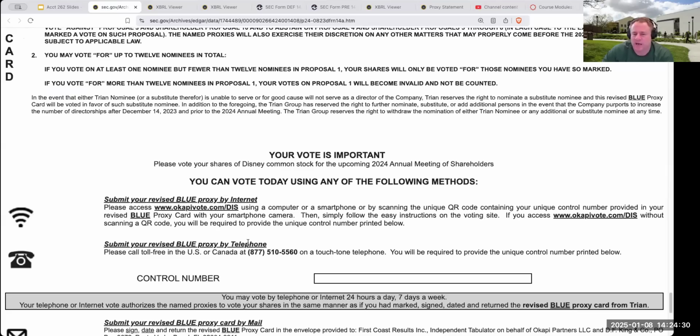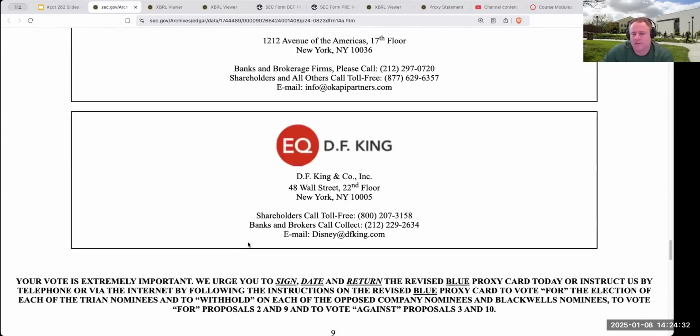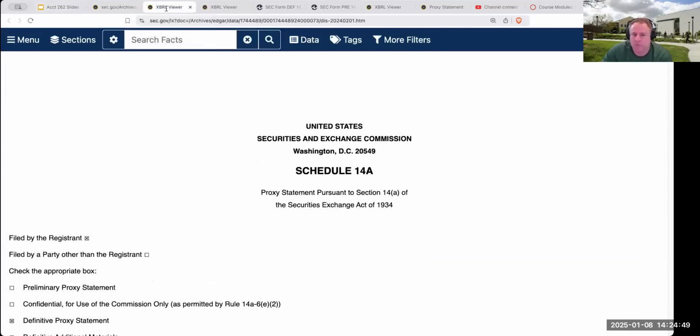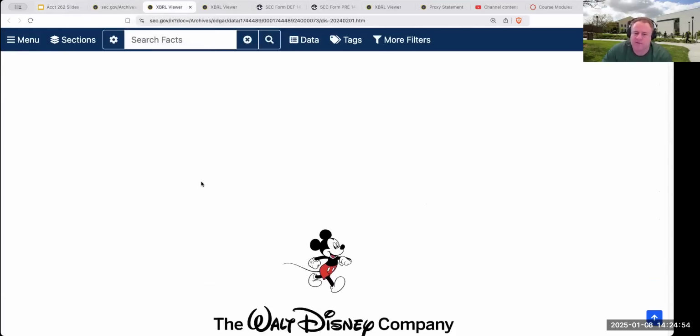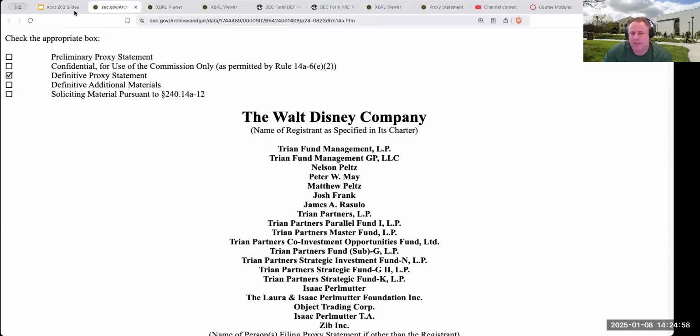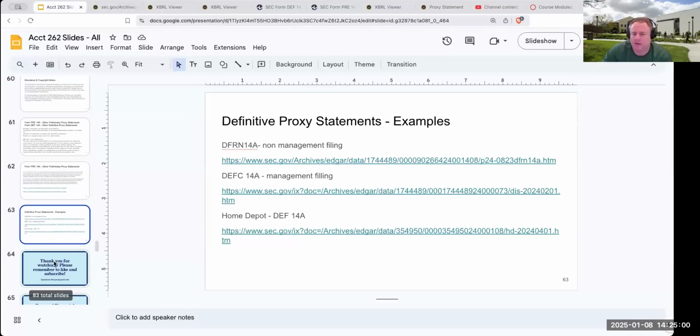But again, as you can see, this is really something where, if you have a large group of shareholders that are not voting with management, these are the kinds of things you may see happen. And in this case, what Disney would more than likely do, if it was a significant enough threat, is go out and start soliciting proxies. And that is a whole separate business in and of itself.